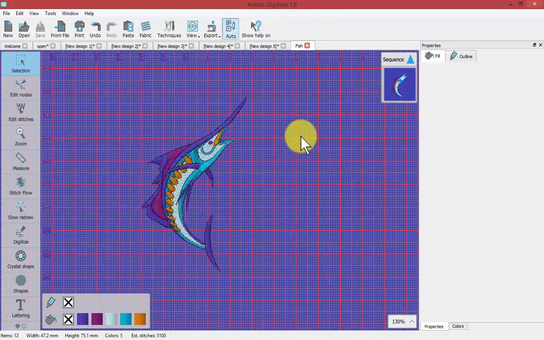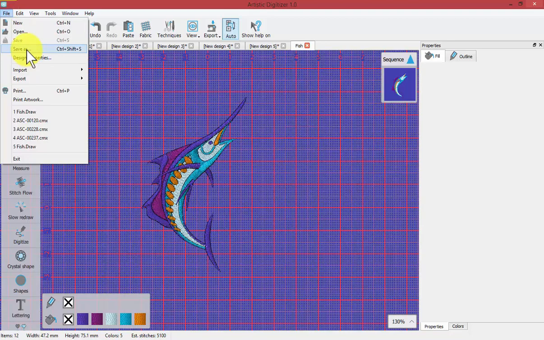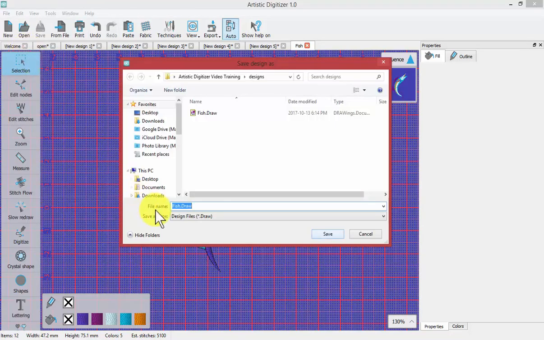So if I wanted to give it a new name or change the location where it was saved, I would need to go File and Save As. And that would enable me to give this fish, perhaps I wanted to have a small fish and a big fish, and I wanted to create two files that were similar, so I could call this one fish small. Oops, maybe it would be good to put a dash or something,